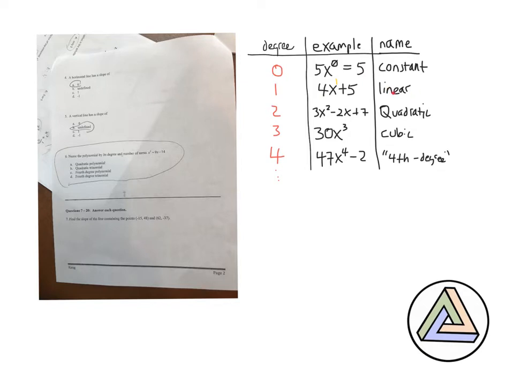With regards to the linear, I think my student is probably somewhat familiar with the whole y equals mx plus b stuff, and by now my student knows that that's definitely a line. This kind of looks like a line. Anytime you have that exponent of 1, if you were to graph that polynomial, it would turn out to be a line. That's why they call it linear. All right, line. Quadratic, I'm not exactly sure of the best way to memorize that, other than